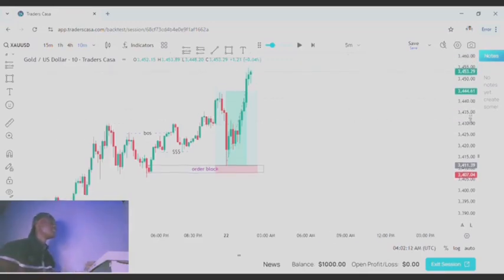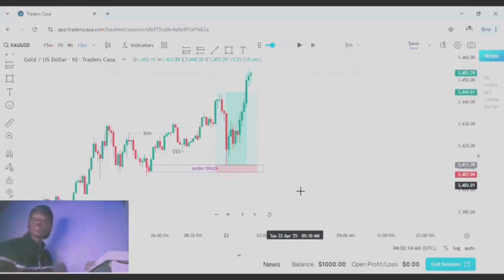This is how easy it is. You can be capturing up to 1:10, 1:20 risk to reward with this simple strategy. Just identify the pattern, take your trade, and go rest. Chill out and go flex. That's trading for you. Financial freedom. Just master this. I will give you another example.